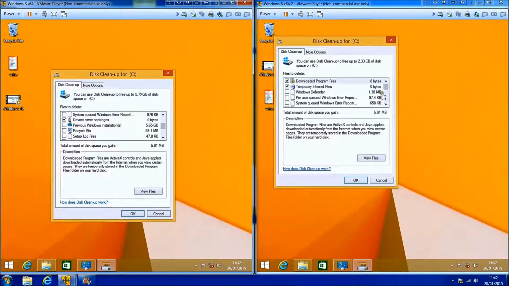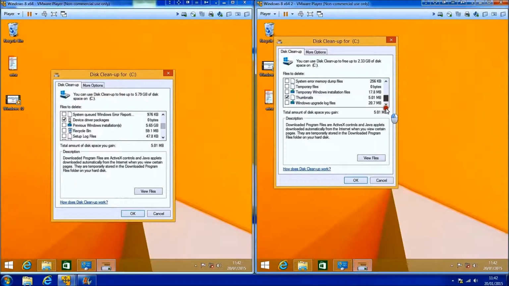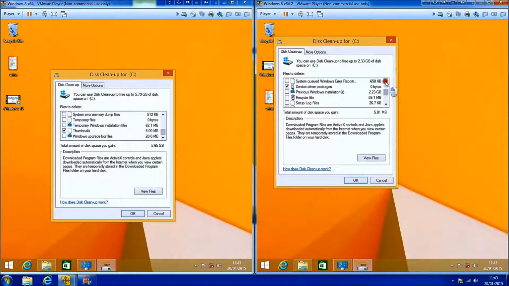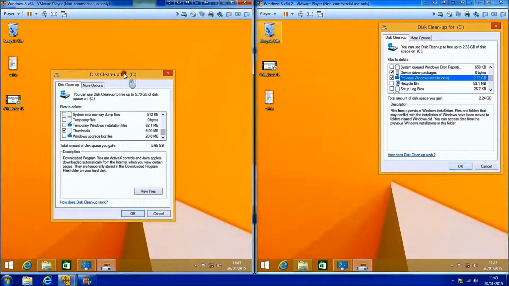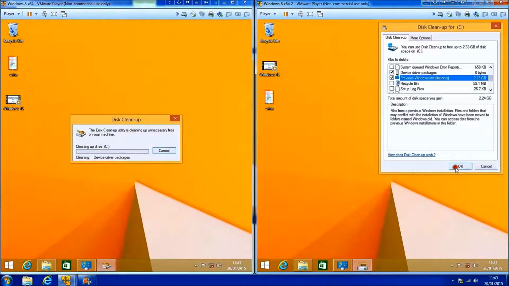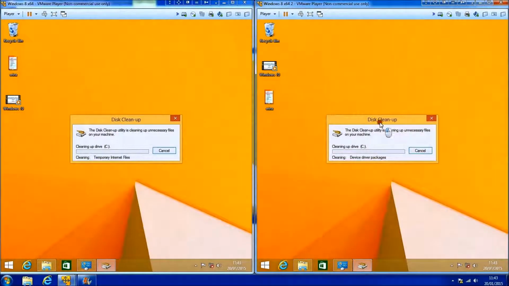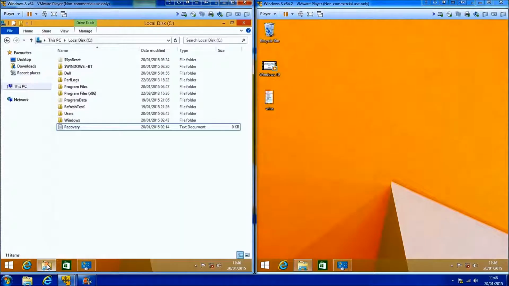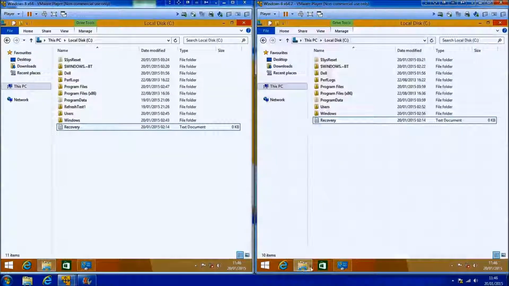And now we want to scroll through all the options, and we want to check previous Windows installations. And then we want to select OK. And then we want to select delete files. And this will clean up the previous Windows installations. This might take some time. And that's it. That's the refresh complete. And this should give you an idea of what's kept and what's lost during a Windows refresh in case you need to carry one app